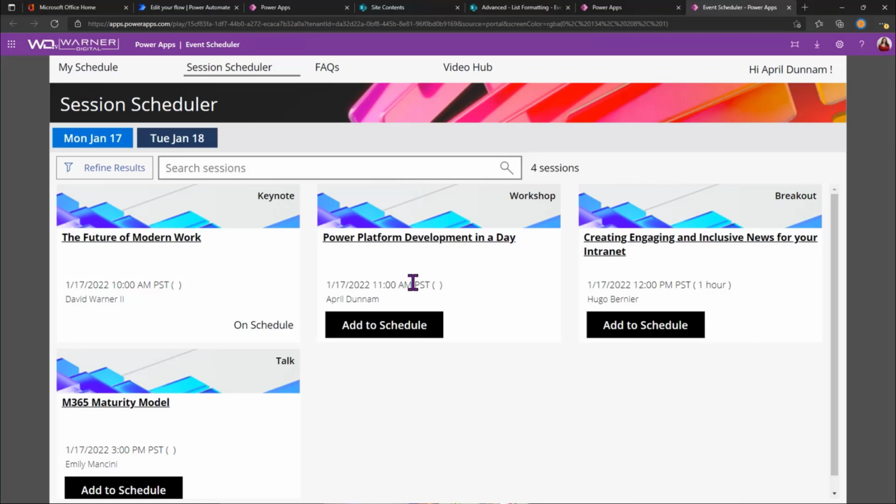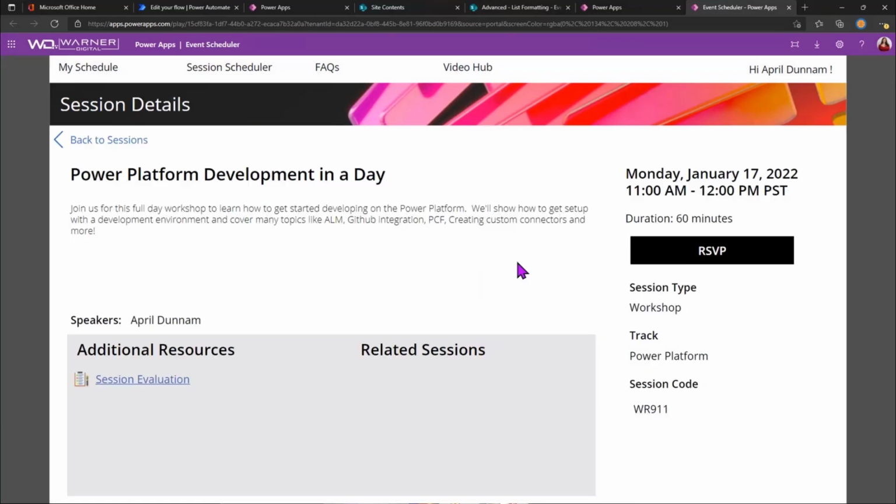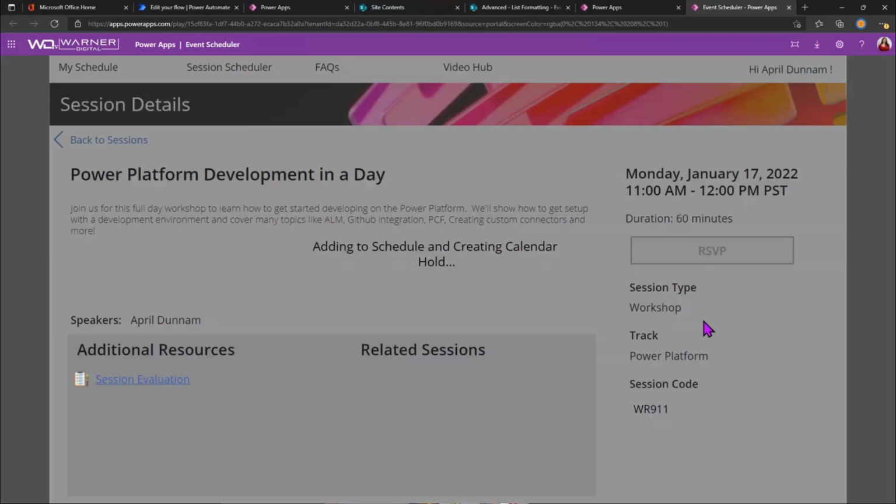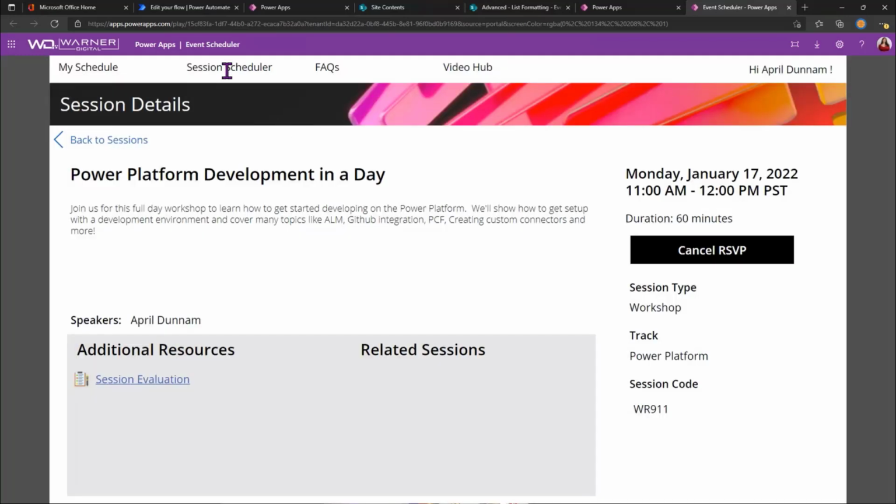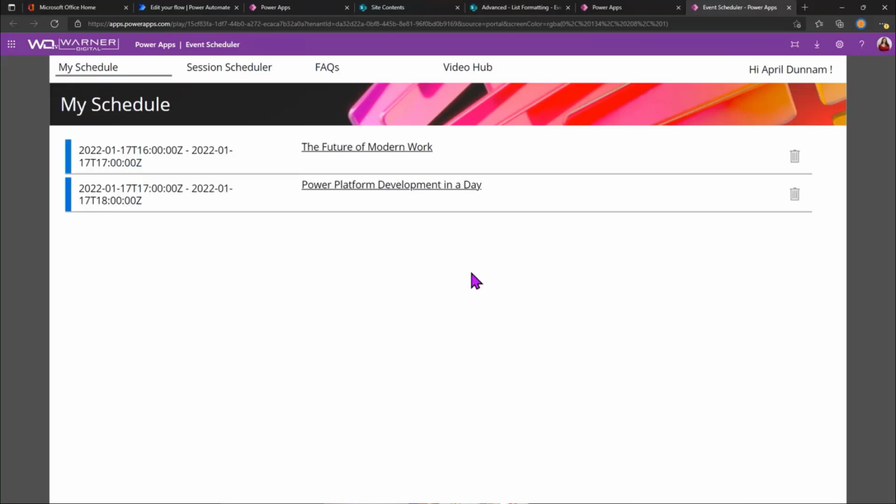So the Power App itself is using the SharePoint list that we look at, the event itinerary, to be able to browse the data and surface that up. But if I look into it, I can see additional information that I'm pulling in as well, and have this whole RSVP function where I can RSVP for an event, and it goes into my schedule of sessions like I have a true Ignite experience. So if you have a case like this where you're really just mainly wanting to use the SharePoint list as a database in a way to enter the data